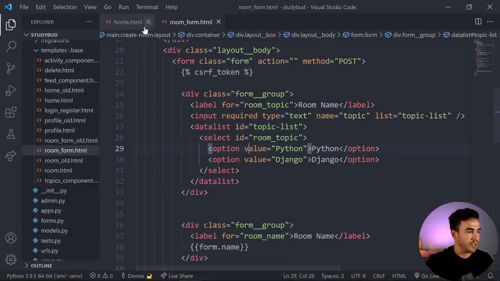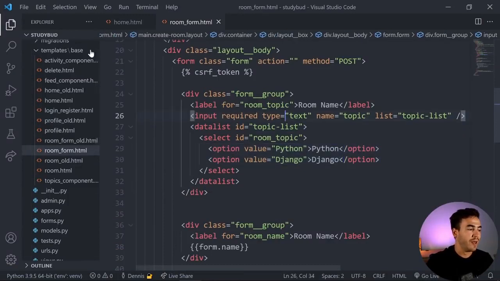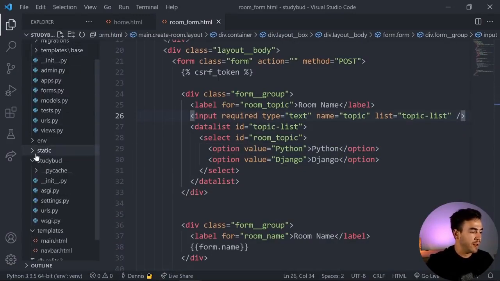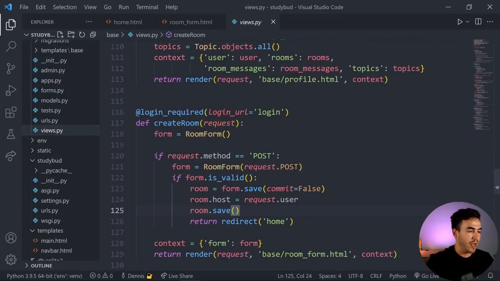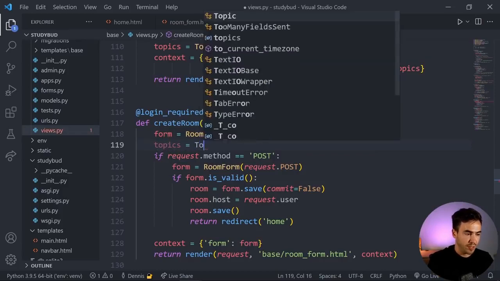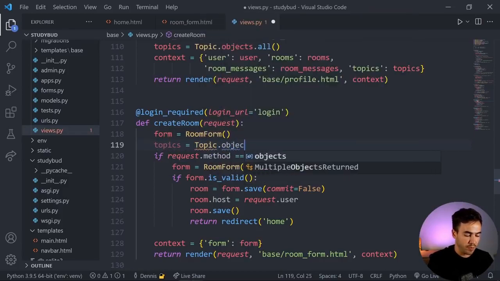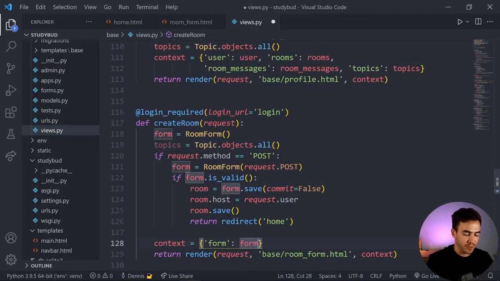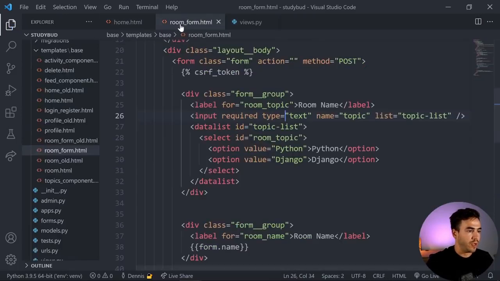And what I actually need to do here is pass in some more information because I don't want to hard code this value out. That also needs to be dynamic. So we need to go ahead and go into the create form view, and let's just go ahead and get the topic. So we'll just do topics. That'll be topic.objects.all. So we'll get all the topics,